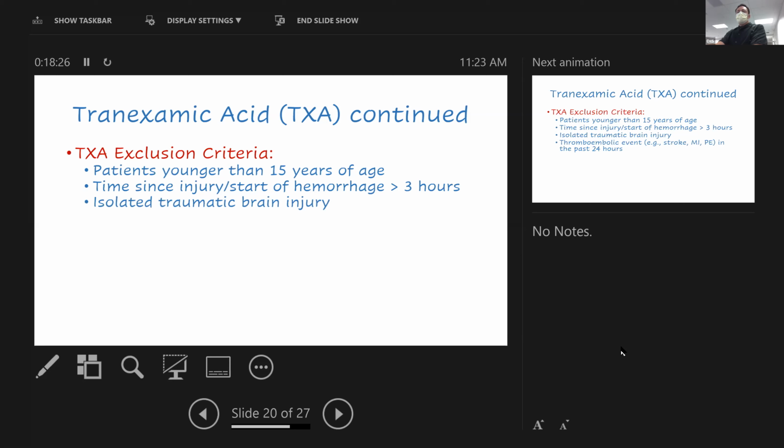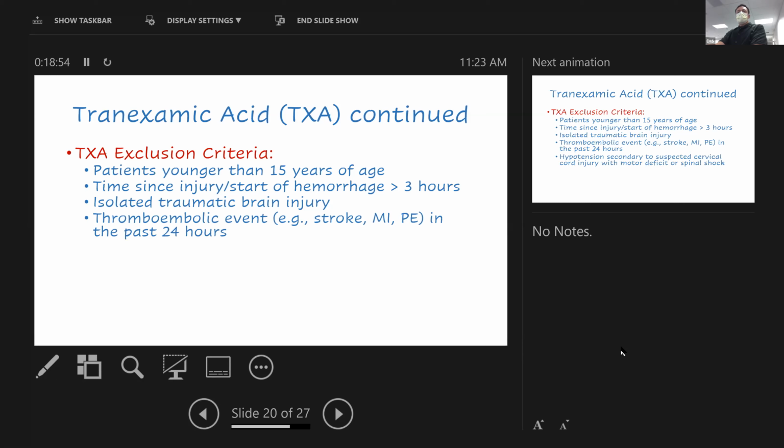Which, by the way, makes it very relevant for EMS, right? Because we're seeing patients as early as possible during the course of their illness or injury, and if we're going to get this potentially life-saving medication on board, it's important to do it early. Another exclusion criteria is isolated traumatic brain injury,